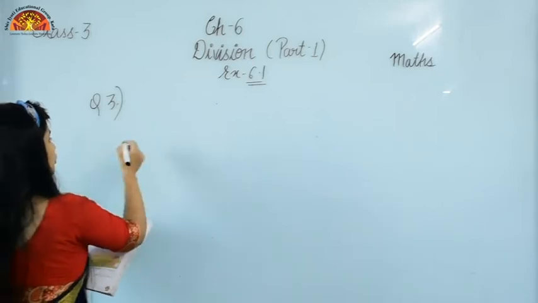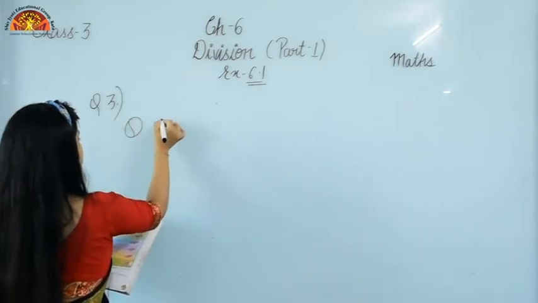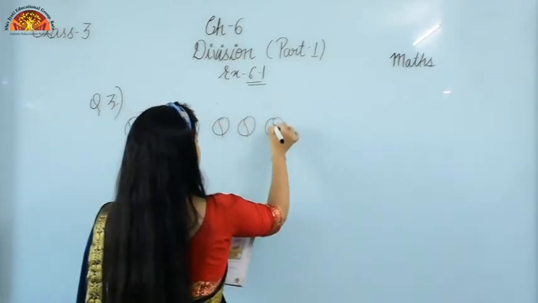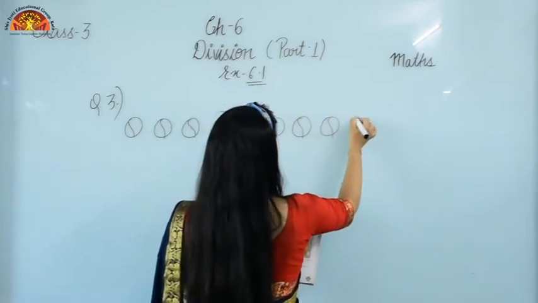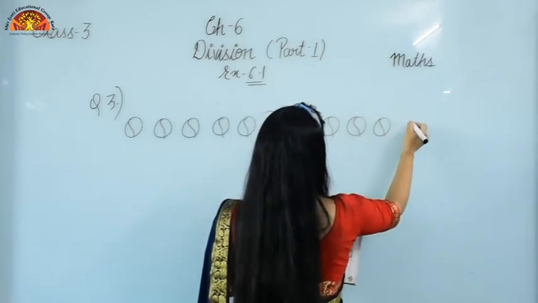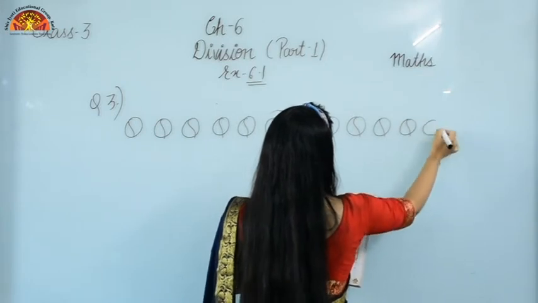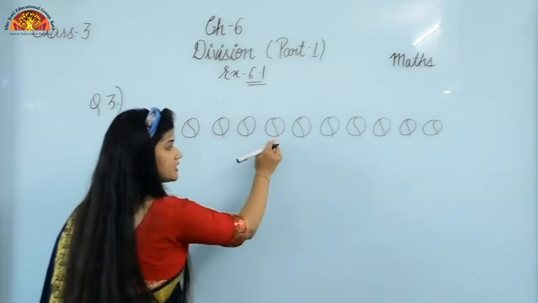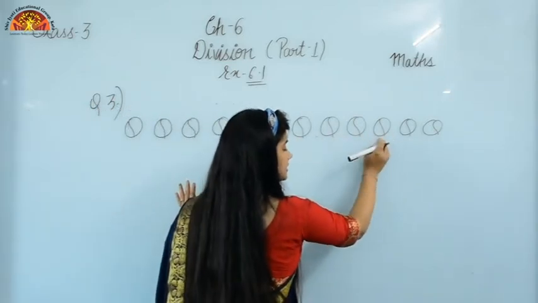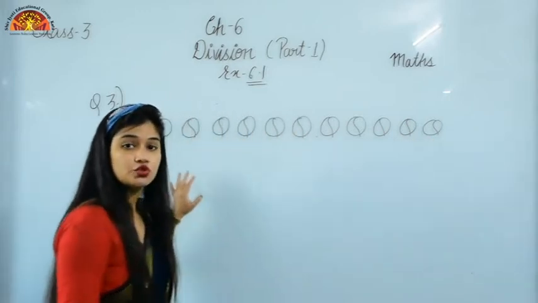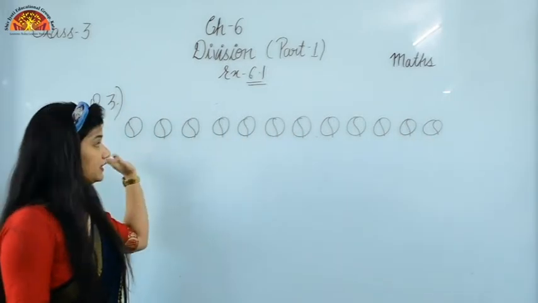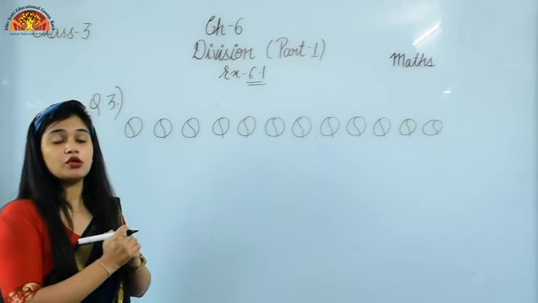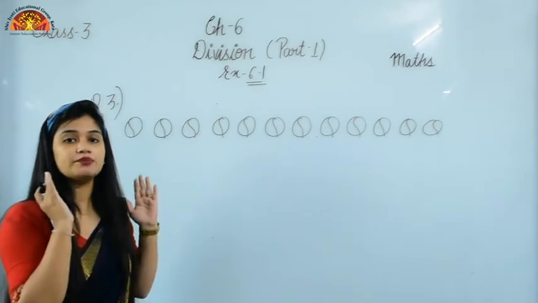So how many balls you are having in this question? We have 12 balls. So let me draw the balls here. So how many balls we are having? 1, 2, 3, 4, 5, 6, 7, 8, 9, 10, 11, 12. We have 12 balls here, and this is given in the question, and now we have to separate 3 balls. हमें 3 बॉल्स को क्या करना है, सेपरेट करके एक बॉक्स में बंद करना है.